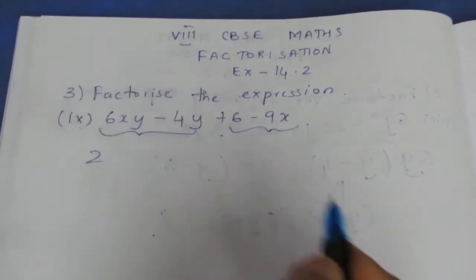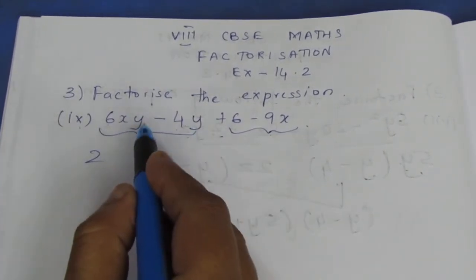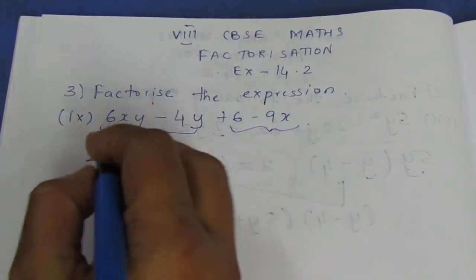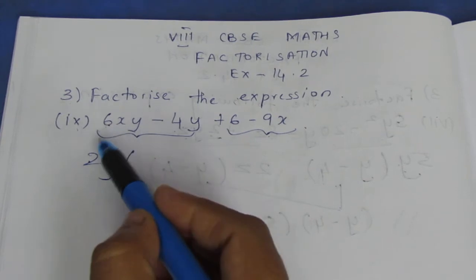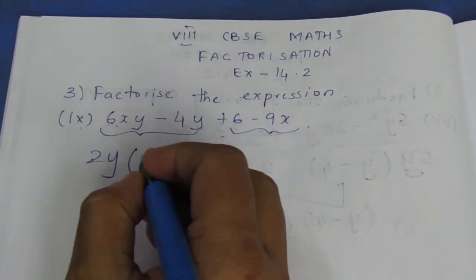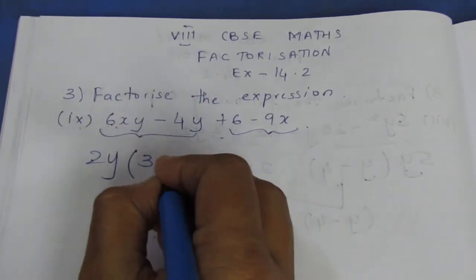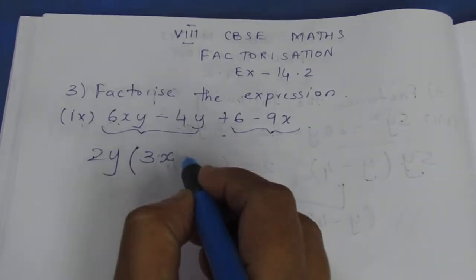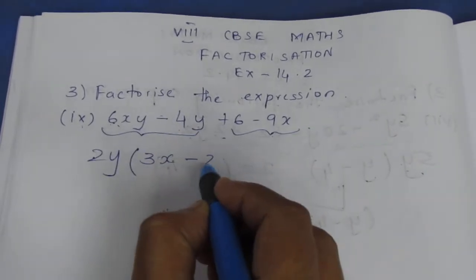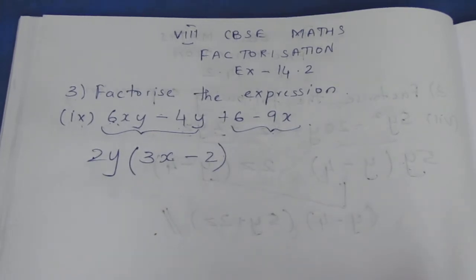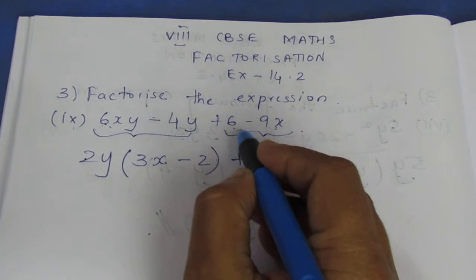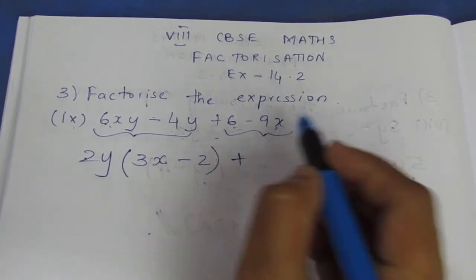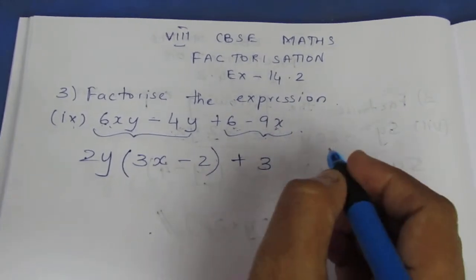So, take the common factor 2 outside, and in the variables, we know y is there in both the terms, so y. So if 2 comes out, that will be 3 inside. If y comes out, what is left over is x. Write the sign as it is. Here 2 comes out means 2, y has come out, so no variable inside. Plus, the same way, if I take common outside, now in both the terms we have 3 common. So taking 3 common,